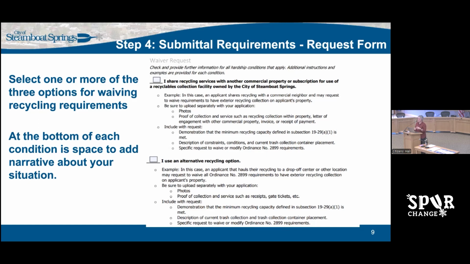Again, we want to make sure that if you're choosing either one of these, you're still meeting that 50% capacity. So if you're sharing with someone, we want to know how much you get to contribute here. What is your average number of bags that you're taking, maybe of trash and recycling, so that we can make sure we're keeping in that 50% so that you're meeting that